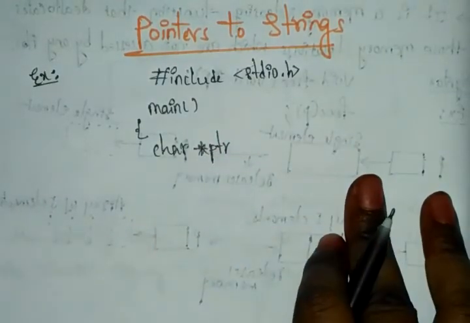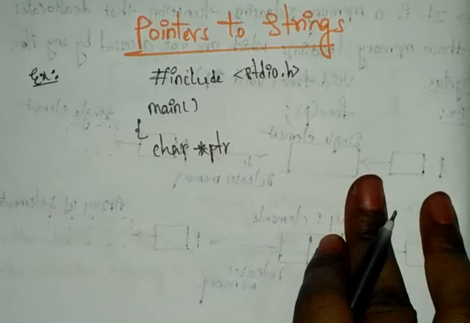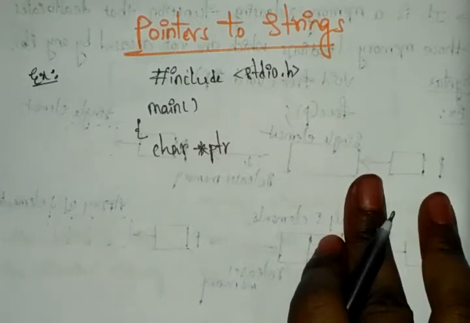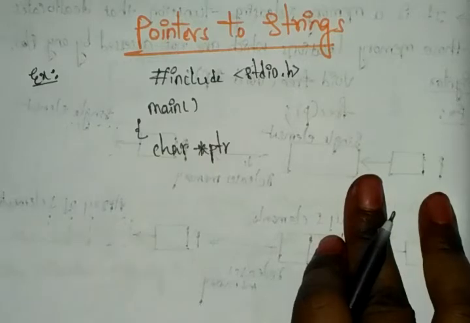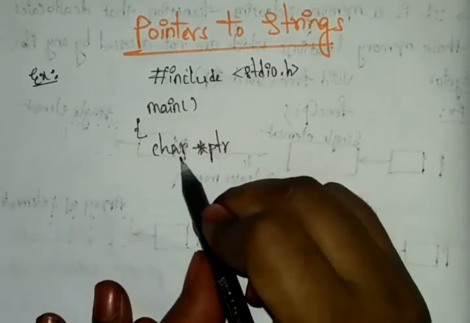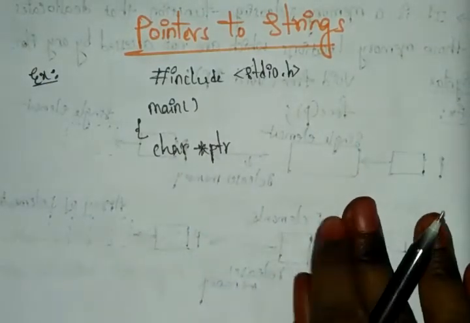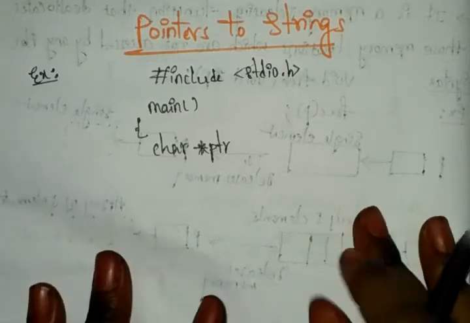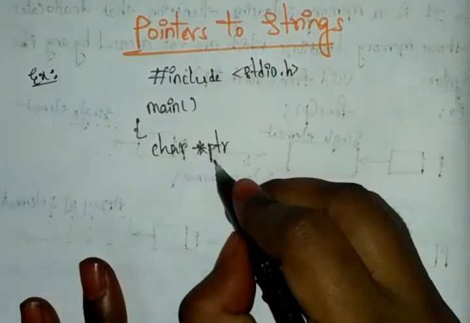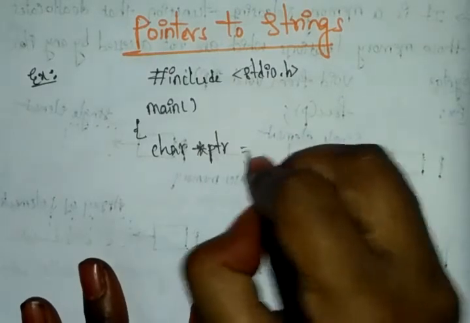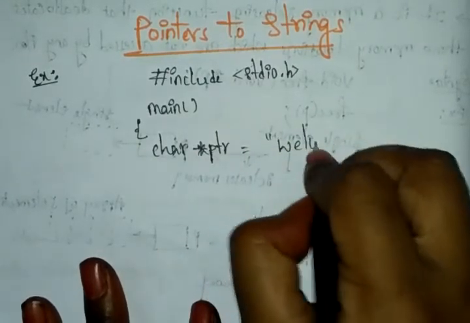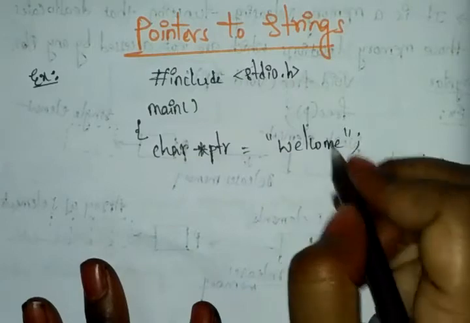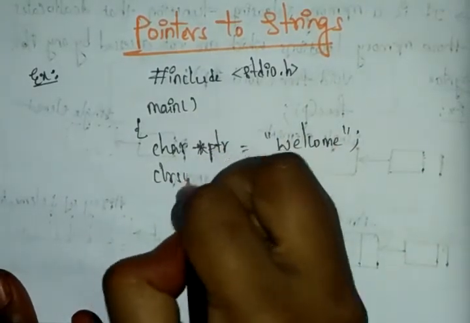Here I'm choosing the character with the pointer. Normally if you're defining a string, you take a combination of characters, that we can call a word, right? But here we are taking it with a pointer. Normally you can take the character equal to the string, but here we are defining it with a pointer. You can observe clearly that we have the pointer. Here I am taking just welcome, and next you can write clear the screen.